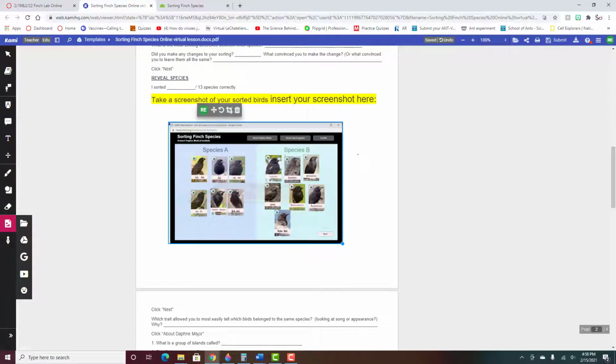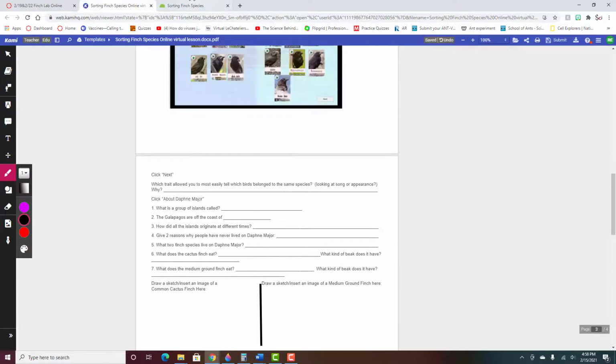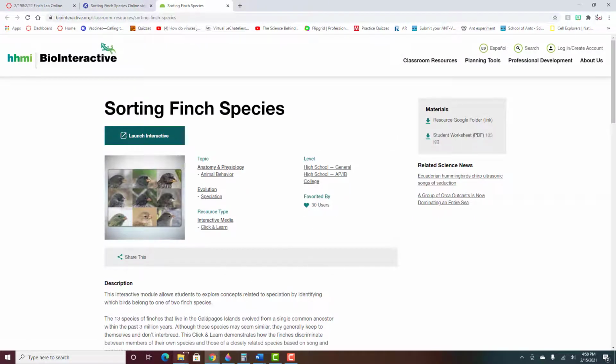And then you need to count how many you got right. So I got 2 wrong, so I would put that I got 11 if I wrote on this. Here, I would put that I got 11 of the species correct. I'm not going to take off points. It's just you're counting how many you got wrong and how many you got right. Alright, so then you go to